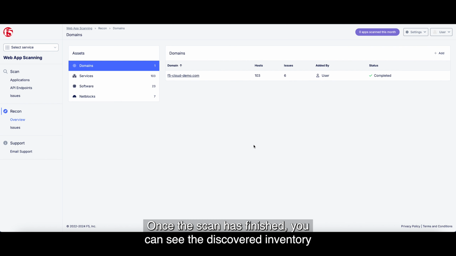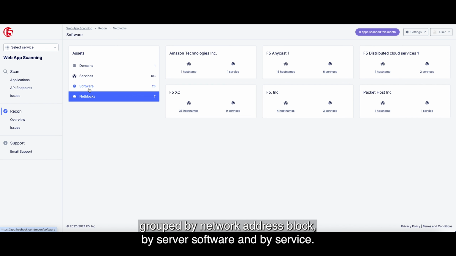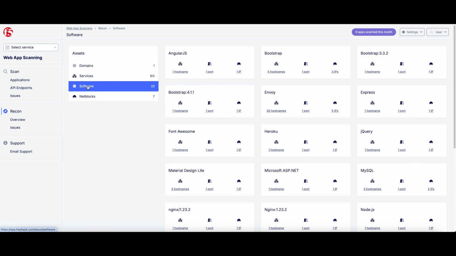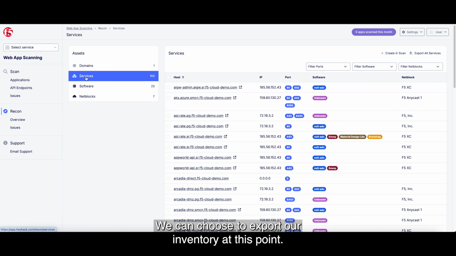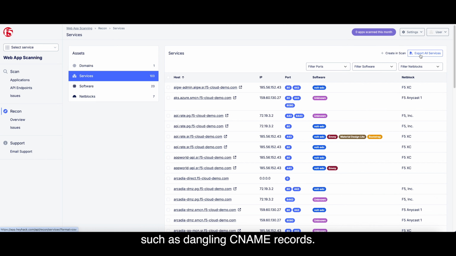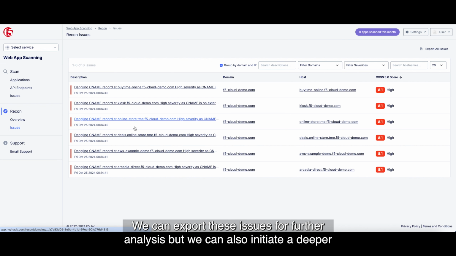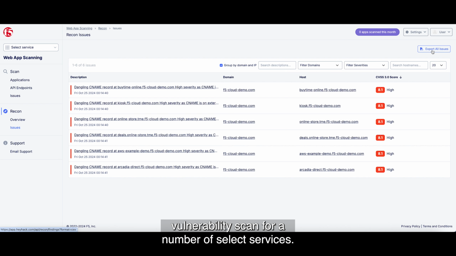Once the scan is finished, you can see the discovered inventory grouped by network address block, by server software, and by service. We can choose to export our inventory at this point. The Recon module already detected some possible issues, such as dangling CNAME records. We can export these issues for further analysis, but we can also initiate a deeper vulnerability scan for a number